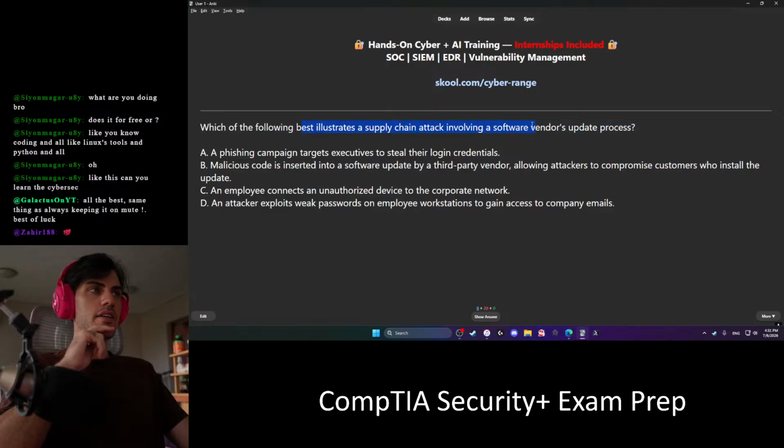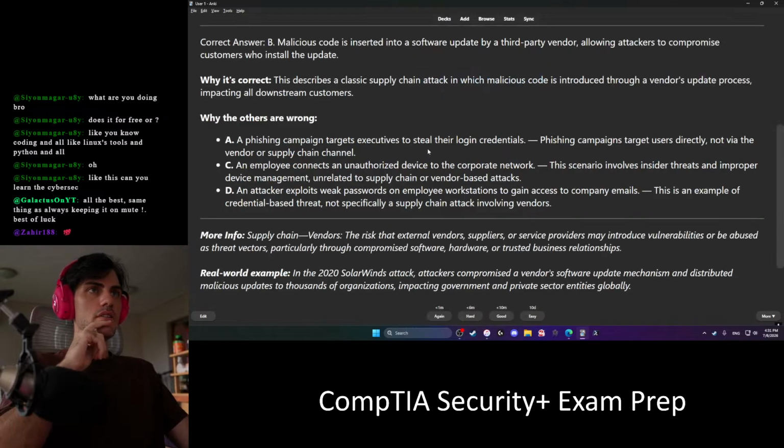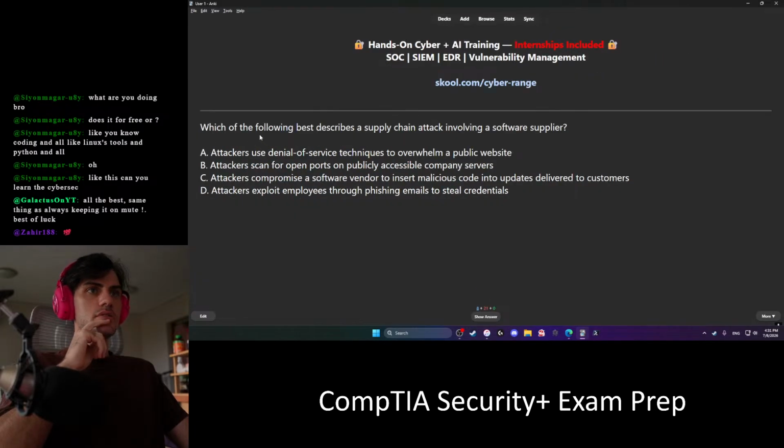Supply chain attack. Only software vendors. Update process. B. I knew it already. Malicious code is inserted into software update. Vendors update process impacting all downstream customers. Which of the following best describes supply chain attack involving a software supplier? Yeah, D. I see.